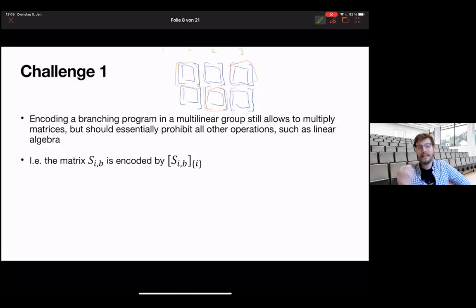In particular, this will prevent me from multiplying those two together, right? If they're encoded at the same level, they cannot be multiplied together. Recall that I can only multiply two elements or matrices in a multilinear group if they are at levels that are